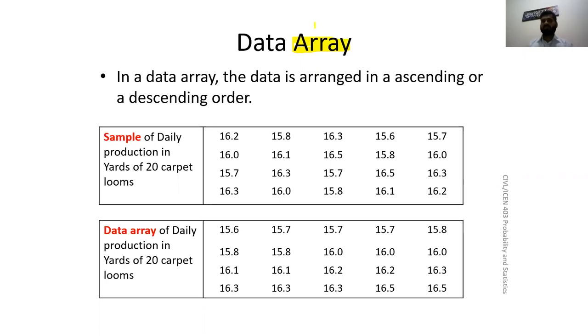Let's say the person who got GPA 4.0, we will write that 4.0 first, and then 3.9, then 3.8, 3.7, and so on, right? So this is descending order because we are going from the bigger to the smaller. Similarly, I can start from the smaller one and go towards the bigger one. These are called data array. Array is basically the arrangement of the data in ascending or descending order.